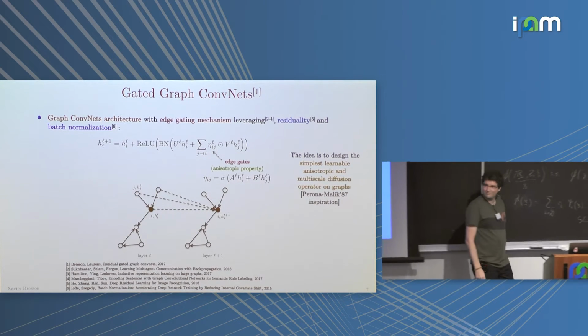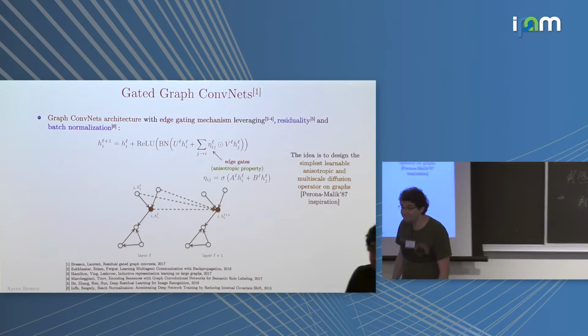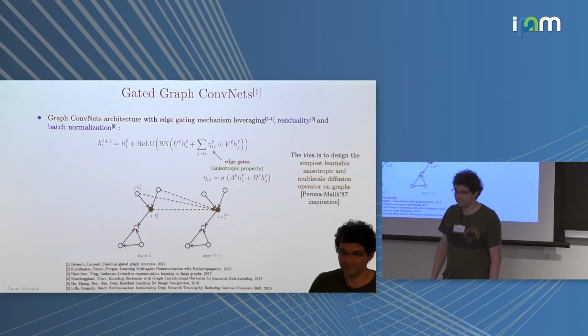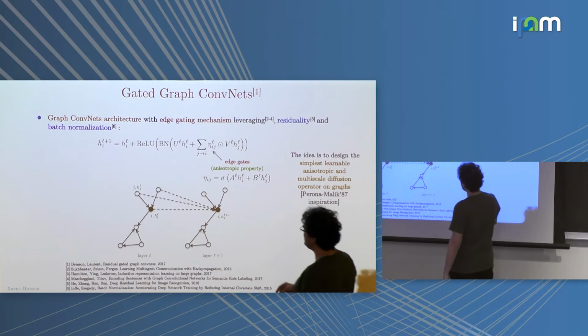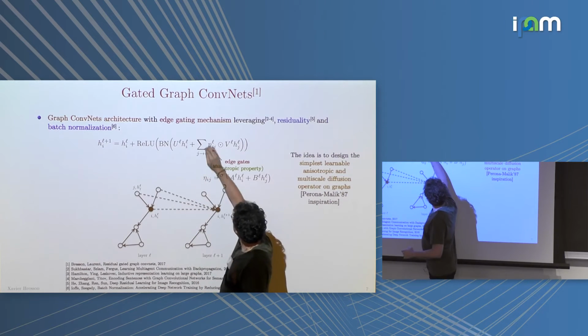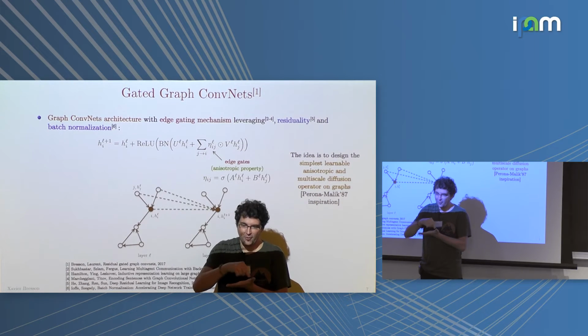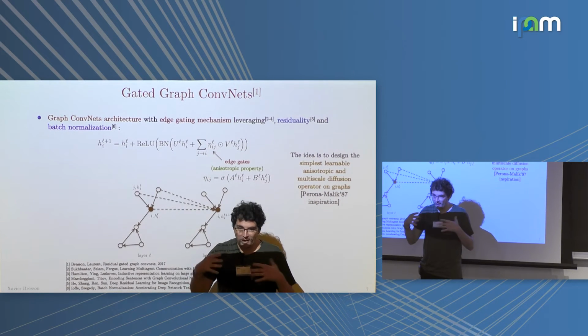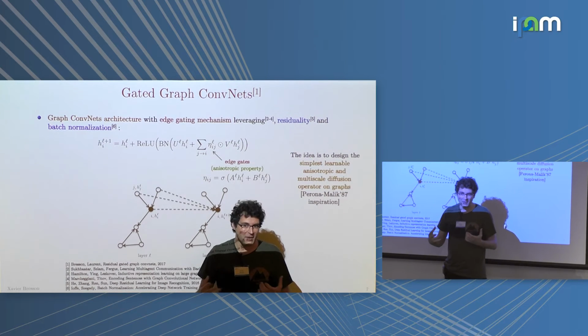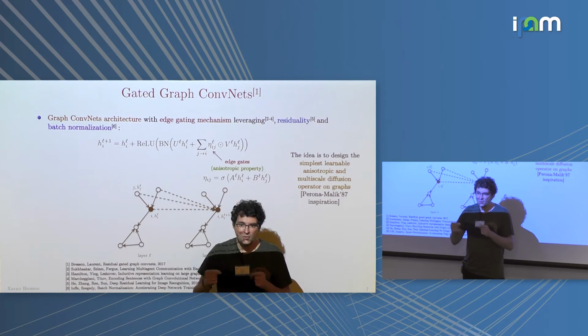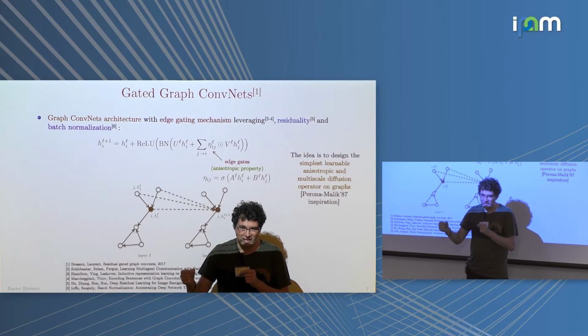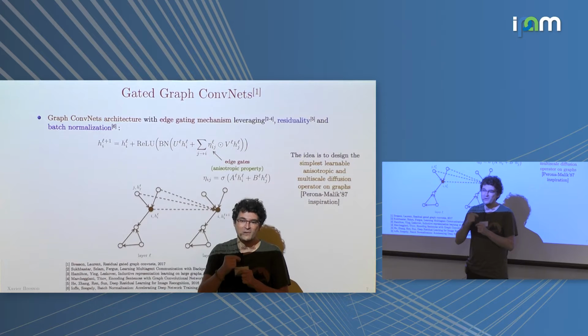So by anisotropic, you mean it is not symmetric, or what do you mean? It means that if you don't have this, the only filters you can learn on graph are going to be isotropic. So if you look at the value of the filter in the neighborhood, they will all have the same value. But you don't want that. For example, if you're in a social graph, you know that some neighbors belong to a different community, so you don't want to treat these neighbors in the same way that you would treat neighbors in the same community. You need some anisotropic information.